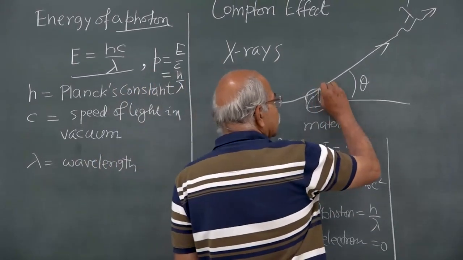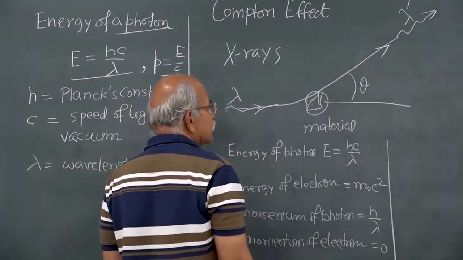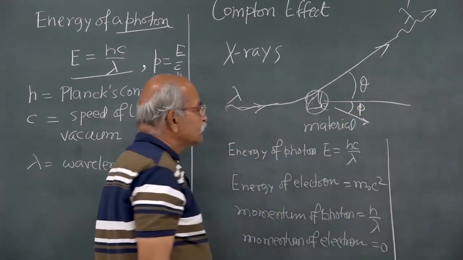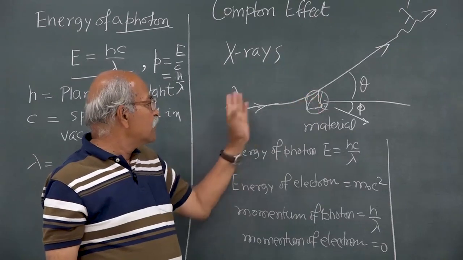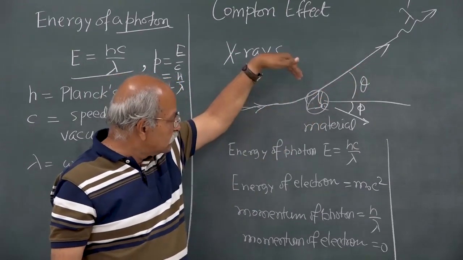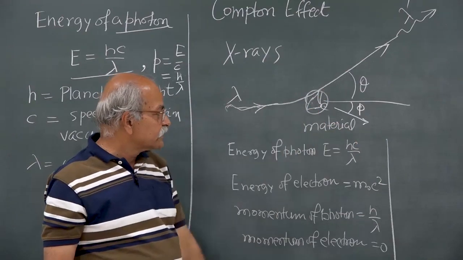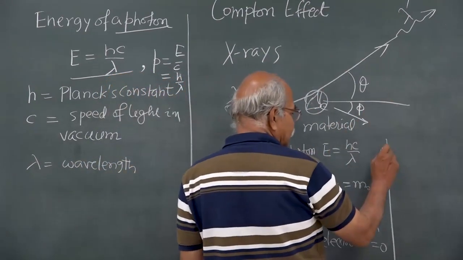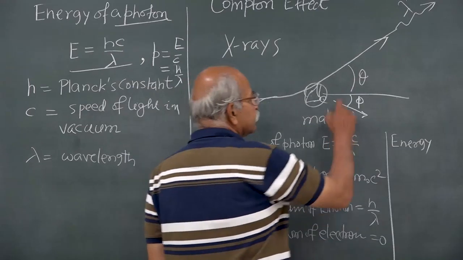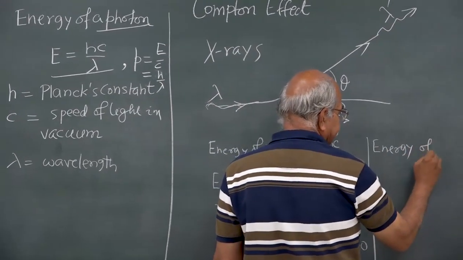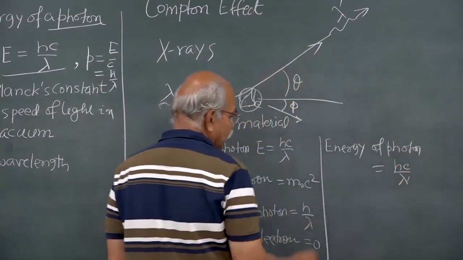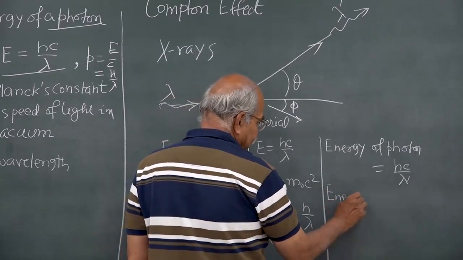Here when the X-ray photon is scattered in this direction, this electron will go in some other direction, making an angle phi. So before the interaction you have an electron and a photon. After the interaction, the photon has changed its direction, and the electron also recoils in some other direction. So after this event, if you write the energy, the energy of the photon is hc by lambda prime, and then the energy of the electron